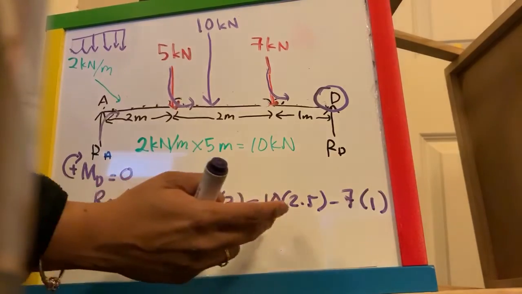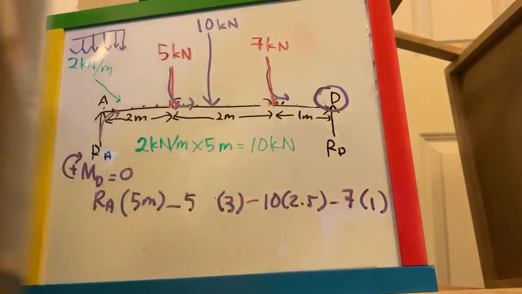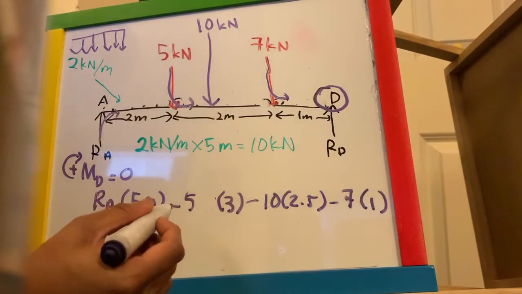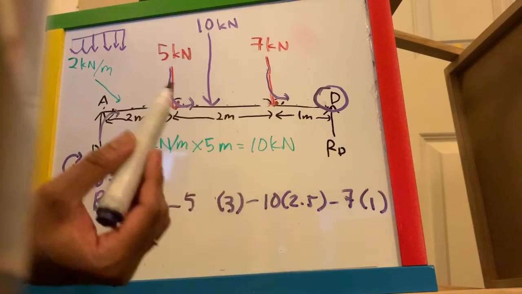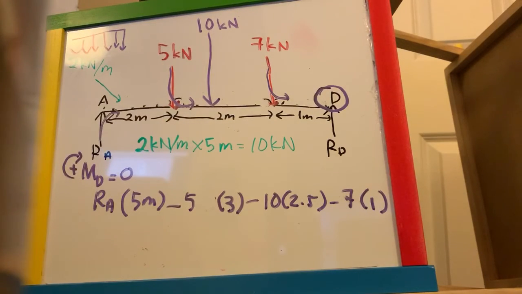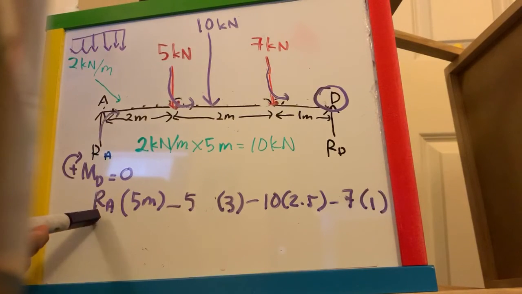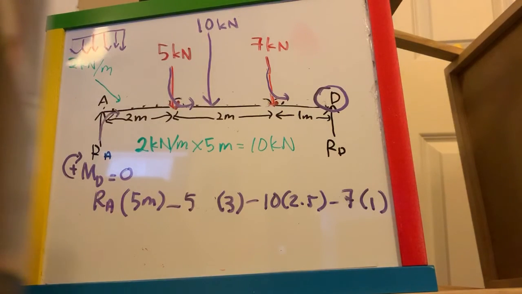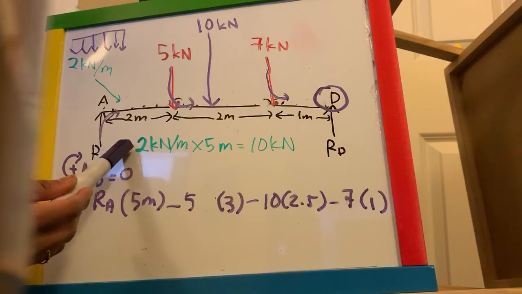Just force times distance, force times distance, force times distance. So that gives you, if you solve for it, I do not have a calculator on me right now, your RA. Once you've found your value for RA, you will then use that value over here. You just put RA